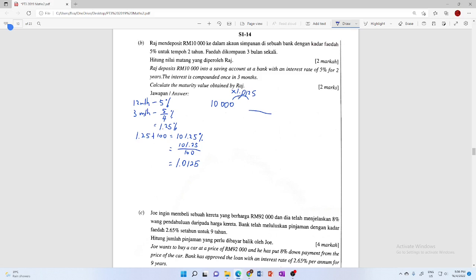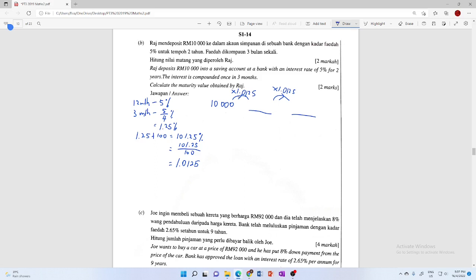Then you will get the matured value here after 3 months. So after this, you get the value and need to multiply the same 1.0125 to get another value. So every 3 months we'll need to multiply 1.0125, and in total here